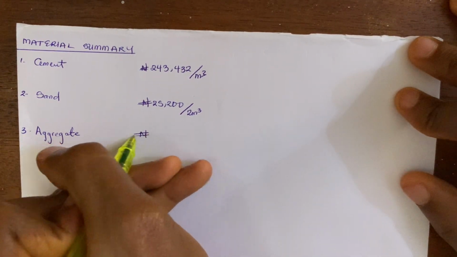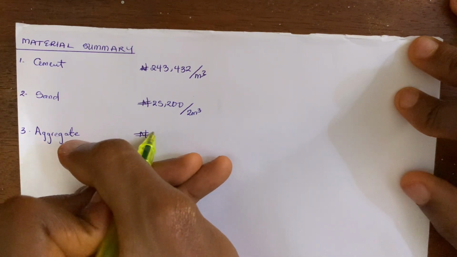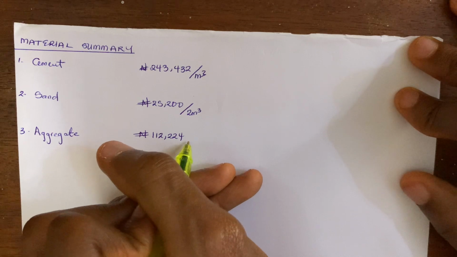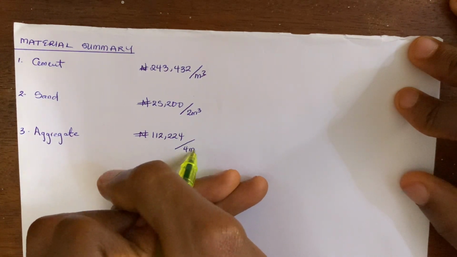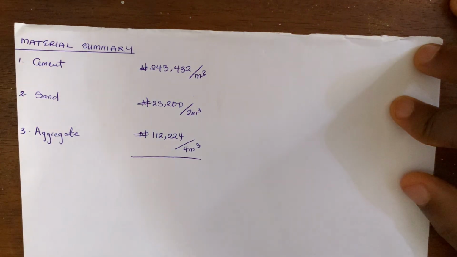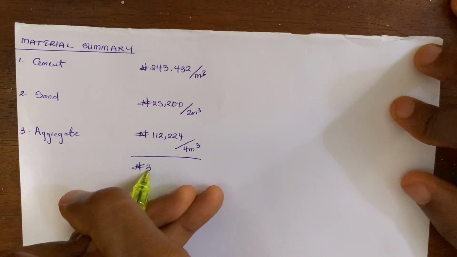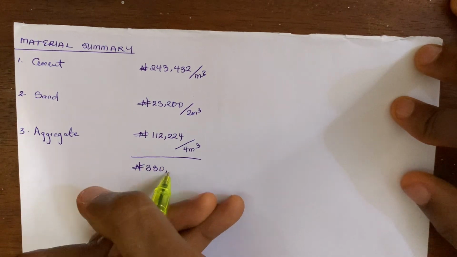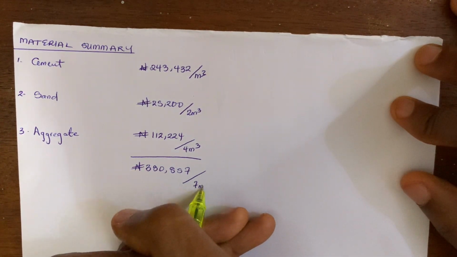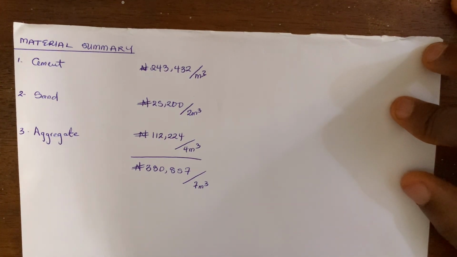We built it up to be 12,224. That's the cost for 4 meter cube. So we need to add these 3 parameters together. When you add everything together, you are going to be having 380,857 naira for 7 meter cube of concrete. So after doing this, we now have to